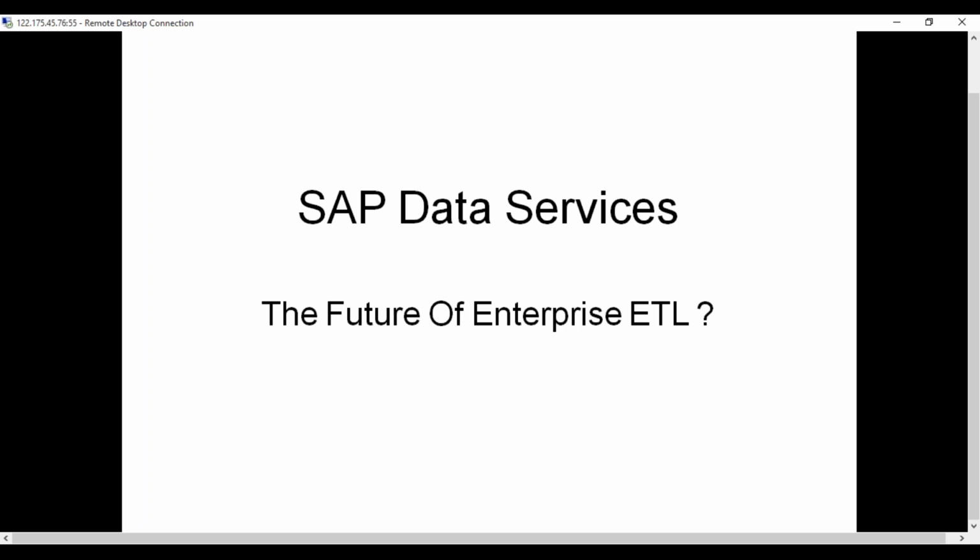So let's start with an introduction to SAP Data Services. Data Services is basically an ETL tool. ETL in the sense that it is responsible for extraction, transformation and loading of data. But SAP Data Services is a little more than an ETL tool. It also has additional features like data profiling, data quality analysis,